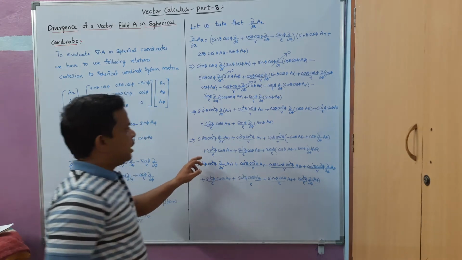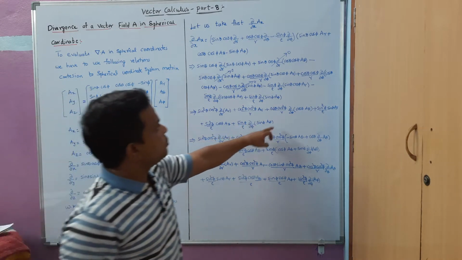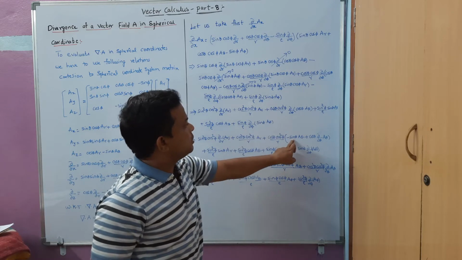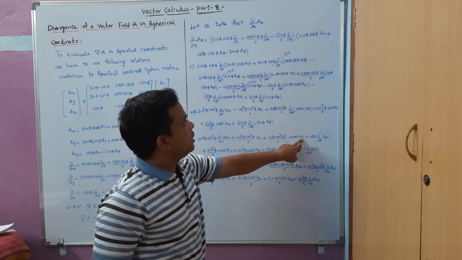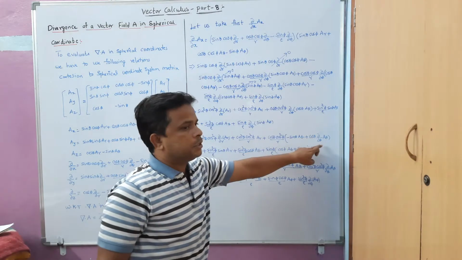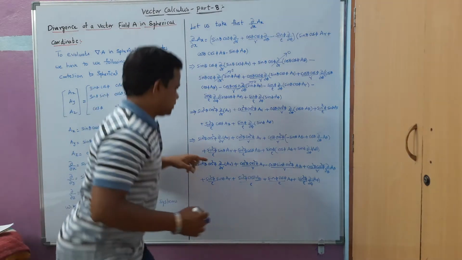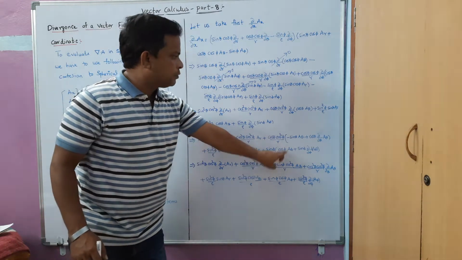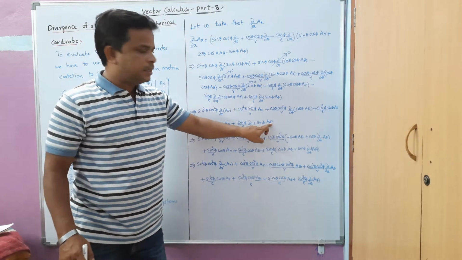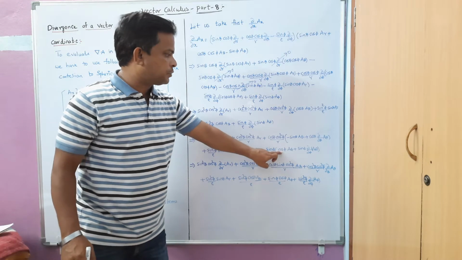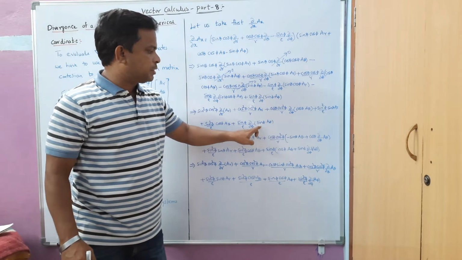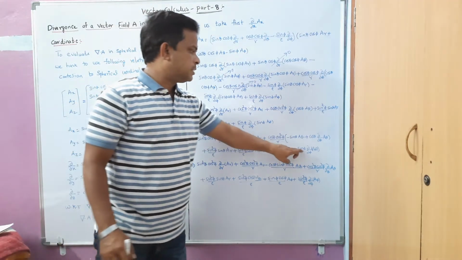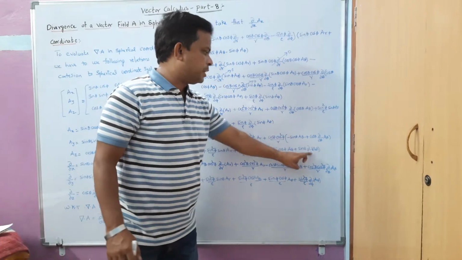So next, after taking this one, I am going to apply the UV formula here, dou by dou theta of A theta. So we have got minus sin theta into A theta plus cos theta dou by dou theta of A theta. Next, the rest of the things are the same here, and again we have applied the UV formula at the end, that is sin phi A phi. Here I get cos phi, the UV formula for this one is the differentiation of sin phi, cos phi into A phi plus sin phi into dou by dou phi of A phi.